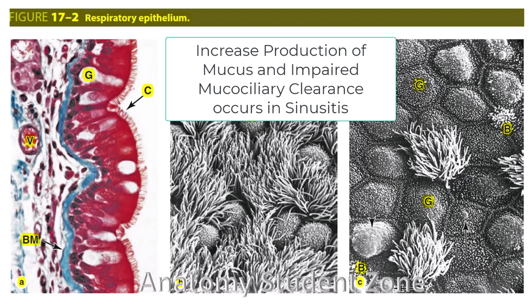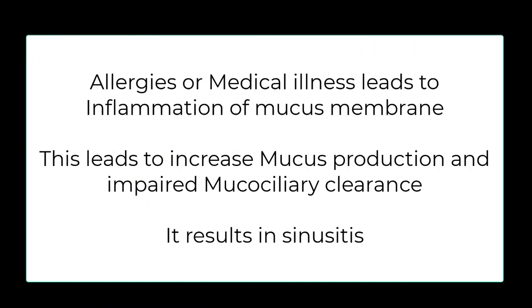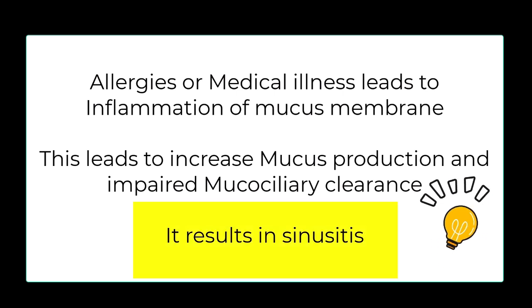Besides this, it also affects the second function of the nose, that is mucociliary clearance. So whenever there is impaired mucociliary clearance, it also leads to damage to the cilia. It also results due to inflammation of the cilia. When cilia are damaged, proper clearance of mucus can't occur, and it leads to stagnation of the secretion that the patient is having, and it becomes infected. So, being medical professionals, all of you should know when there is sinusitis, and as a result there is increased mucus production and impaired mucociliary clearance, this all leads to sinus obstruction.